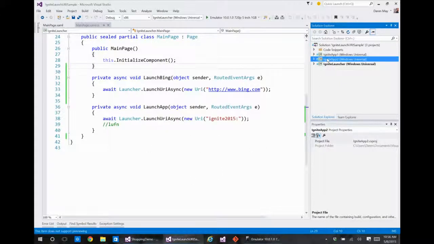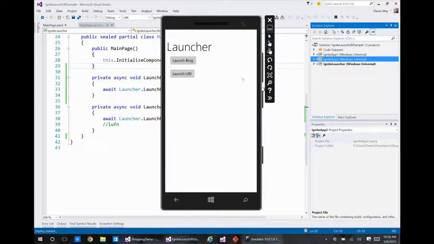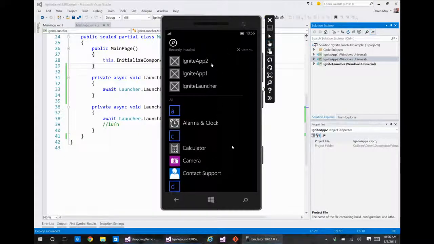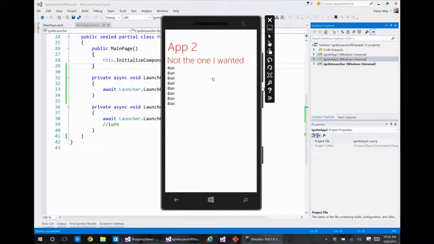However, if I now install app 2, here's a top tip for you when you do this. Right now in the current versions of the build, if I tried to launch directly into app 2 from there, it would just sit there and spin at me, which obviously is not ideal. So I run it up first and cover that by talking over it so that it will launch the next time I click on it. So this is app 2, not the one that I wanted.